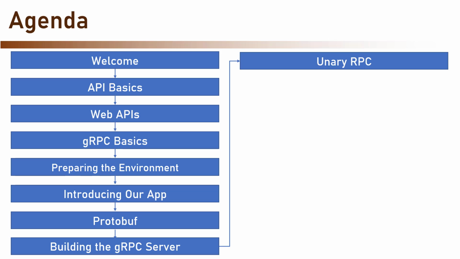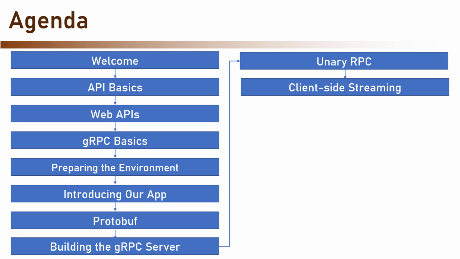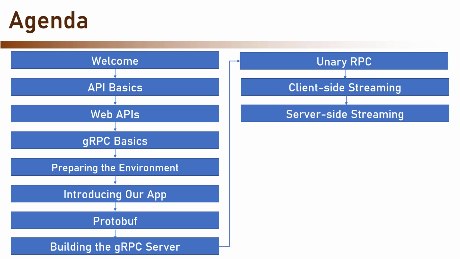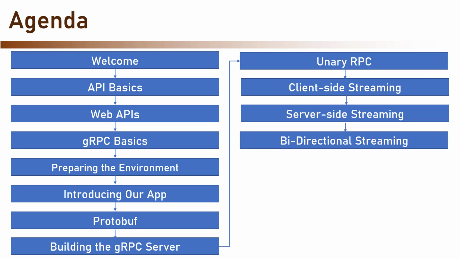The first one is a unary RPC, which is the basic communication method. Next is the client-side streaming, used to stream news flashes from a newsbot to the server. The next one is the server-side streaming, which we will use to stream messages from the server to an admin console for review. And lastly, the bidirectional streaming, which is used by the actual chat client to send and receive